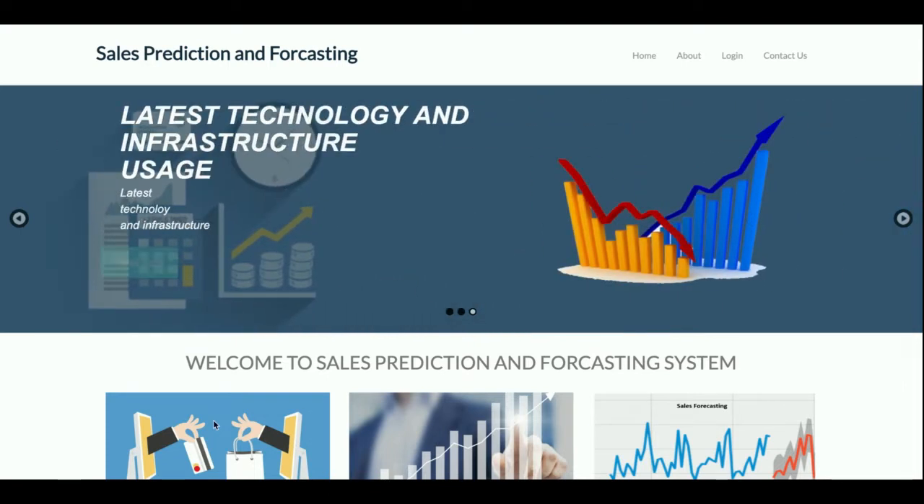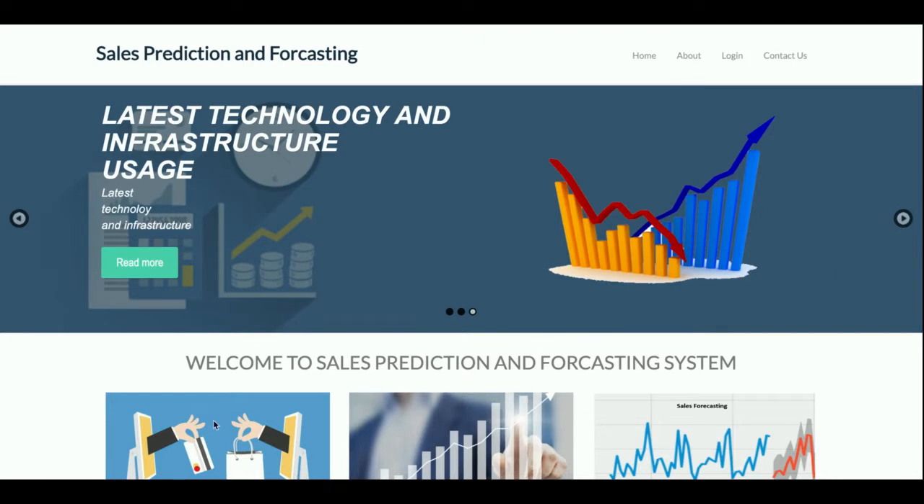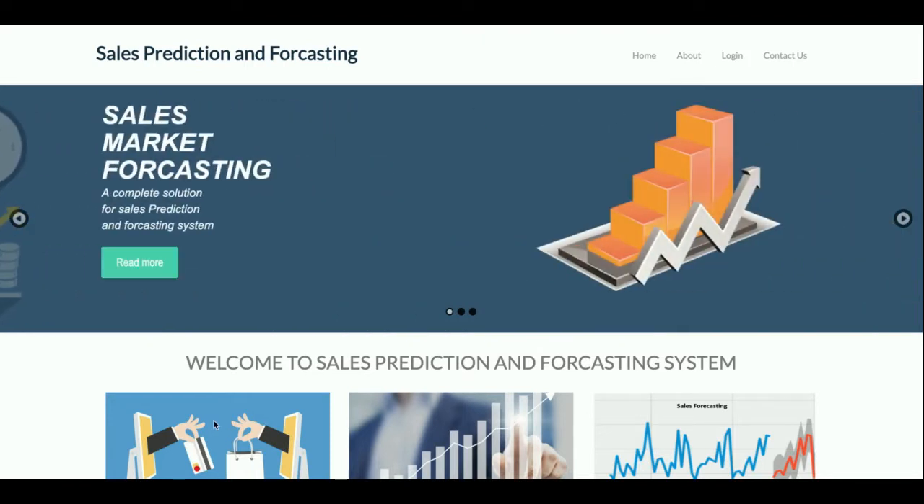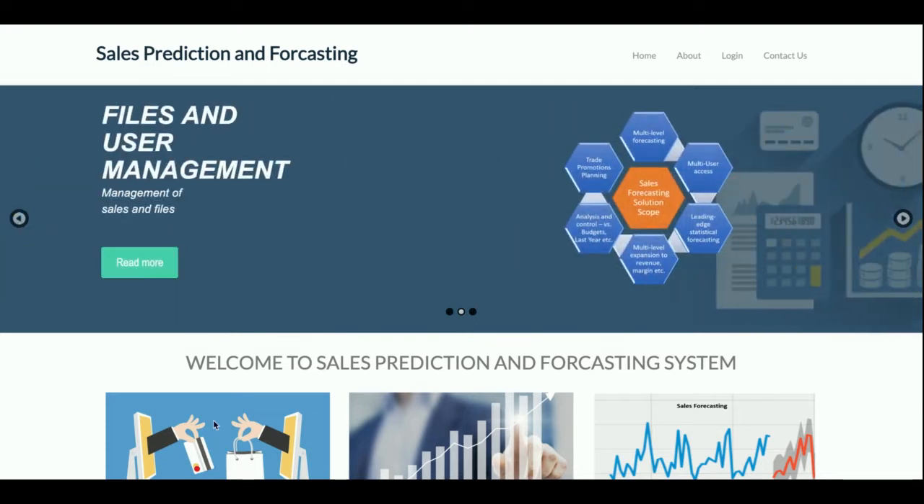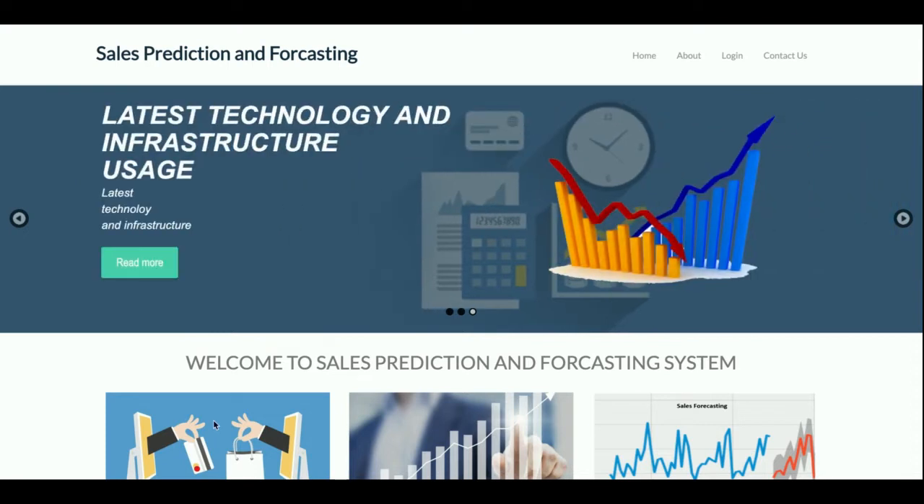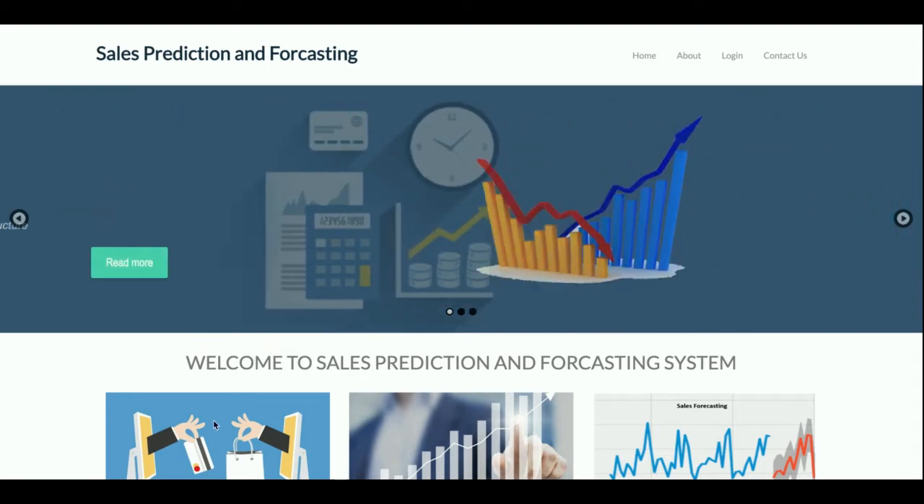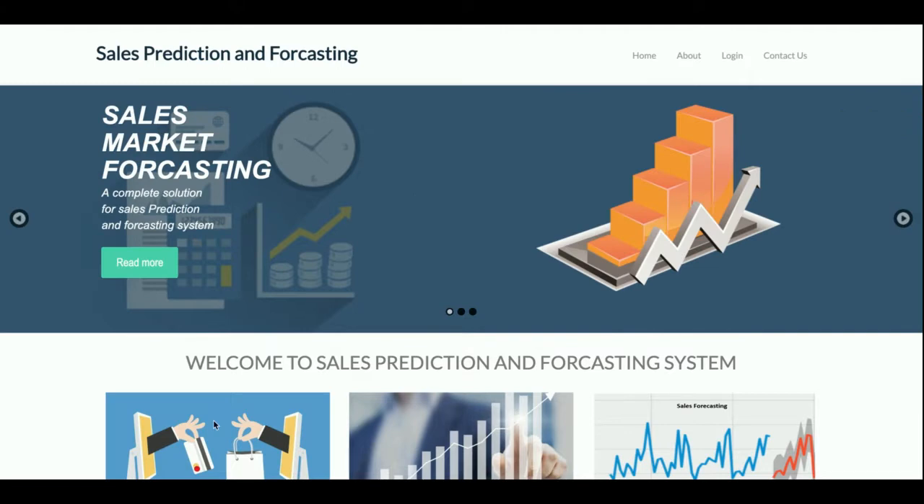Also, this is a Bootstrap theme and a responsive theme, which means if you open this project on a mobile, as well as a tab or a bigger screen, then the screen will not be distorted and the screen size will be fit according to the screen size, right? So